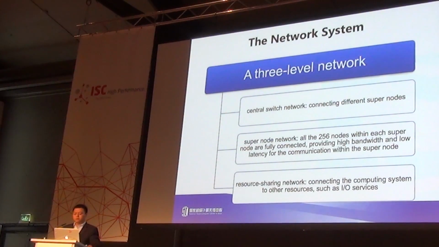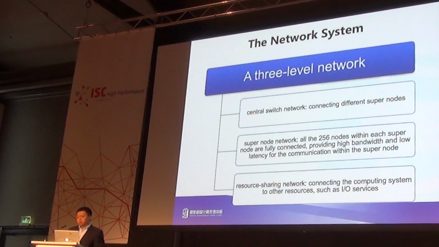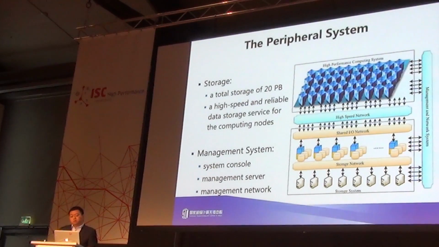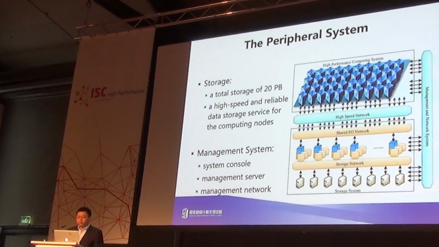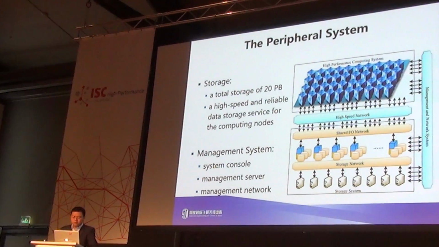and also management services. So this is the periphery system. As I've mentioned, one part is the storage. We have a total size of 20 petabytes of network storage, which provides high-speed and reliable data storage services for the computing nodes. The other part is the management system, which includes the system console, the management server, and